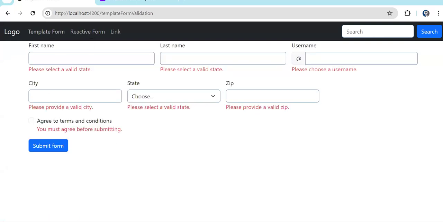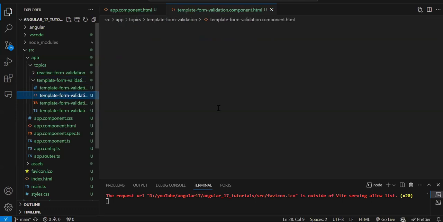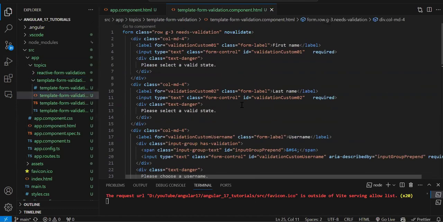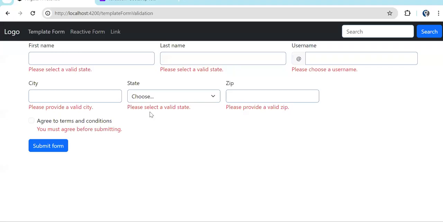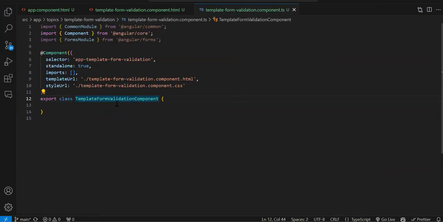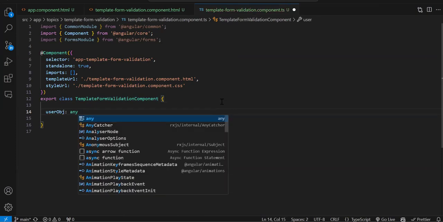Now, in template form validation, this is the HTML code I have just copy pasted from the Bootstrap site. Here, what we need to do first is create an object for the fields we have. Obviously, when we have a form in Angular, we bind that form with a specific object. So let's create that object first. Let's go to .ts. In this variable, we will create, let's say, userObj colon any,